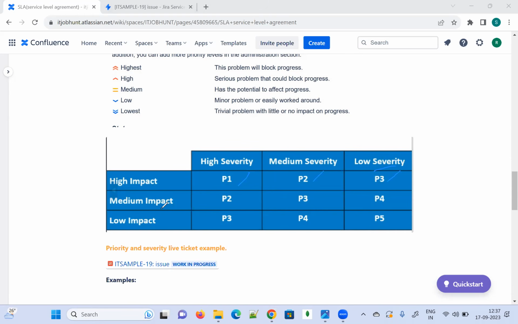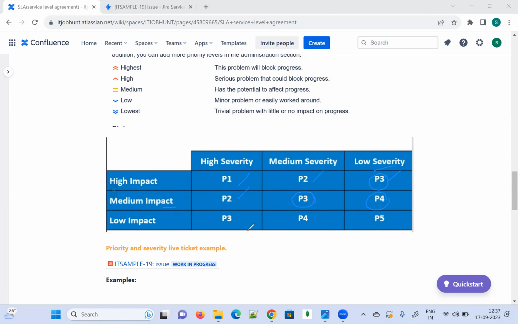And medium impact is there, impact is not that much, and high severity, we have to go for P2. And medium impact and medium severity we are going to raise P3 tickets. And here also we have raised P3 tickets. And medium impact and low severity we are going to raise P4 tickets.